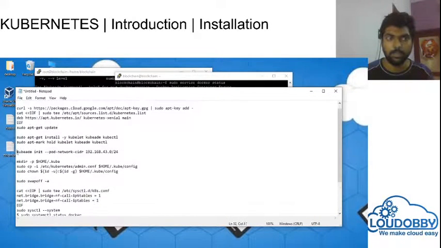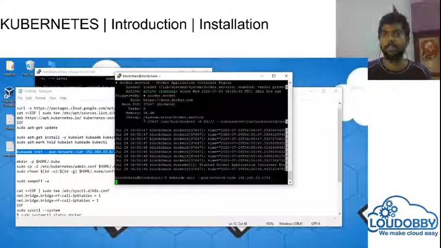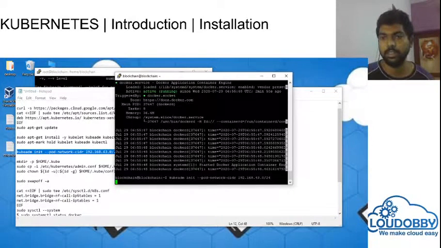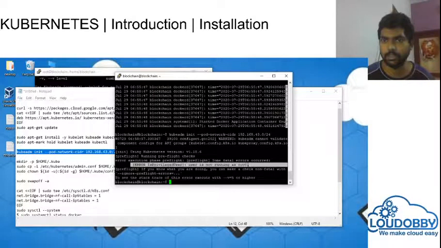We need to use kubeadm init with the pod network CIDR version. Now you can see it is running the pre-check, and one error is that the user is not running as root.